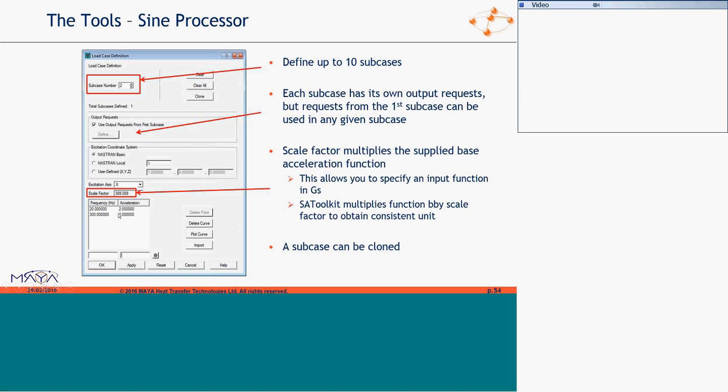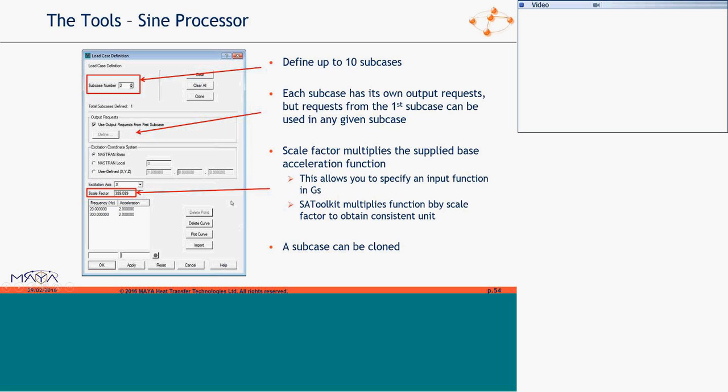Factor applies to the acceleration here. So, in consistent units, we'll talk about those later. Per second squared. But the function is in G's here. And 386 on it, right? So, a factor between G's and inch per second squared.